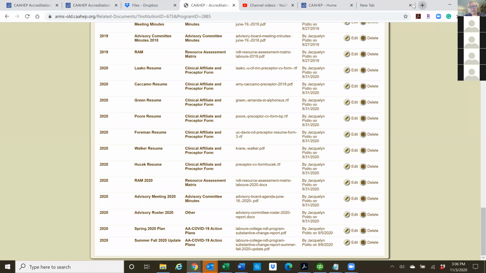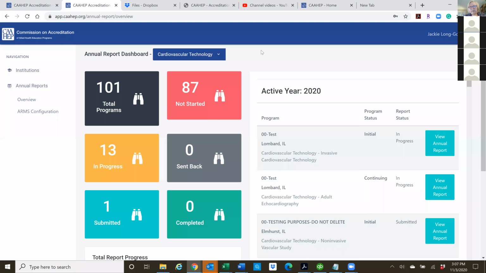The link is in the information I'm going to send you. But if you have it saved on your menu bar, usually if I click on the old one, it will just go right to the new one. Okay, so we can get started on it right away. Just go through CAAHEP and click it.